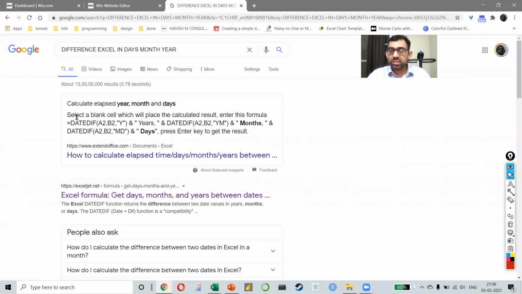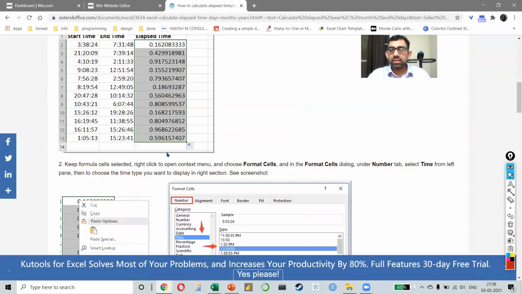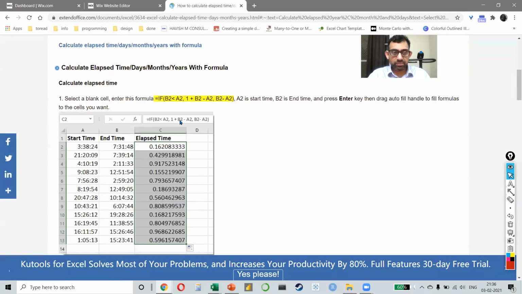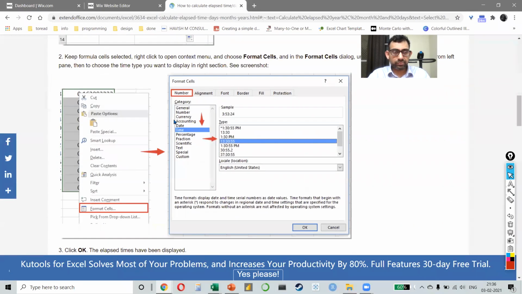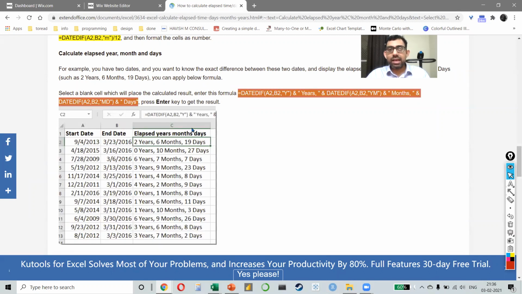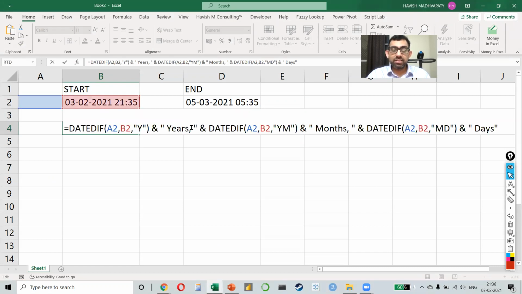And a simple Google search gives me these results. So you can see that I can simply copy these ready-made formulas that have been given for me. Just a moment. I'm not sure if I've selected the correct link. I think this is, okay. Let me just copy this entire thing and come back and paste it. And you can see that it tells me something which is not correct because my values have to be in different cells. Okay, got it.